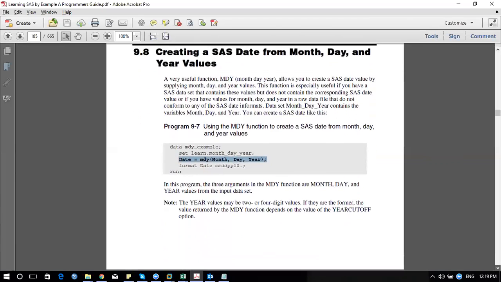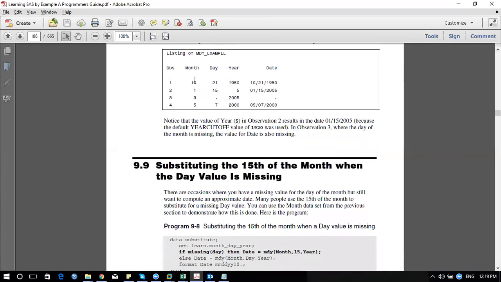So these are all based on requirements. Let's say you have columns like this: month, day, and year. You want to make a date like this. Sometimes they say, okay, someone is not present for a particular day, so there will be a missing day, correct? So we cannot go ahead and create it. If it is a requirement, if they say that if the day is missing you can make it the first day, you may replace it using an if condition. If the day is missing, then you create this value, correct?